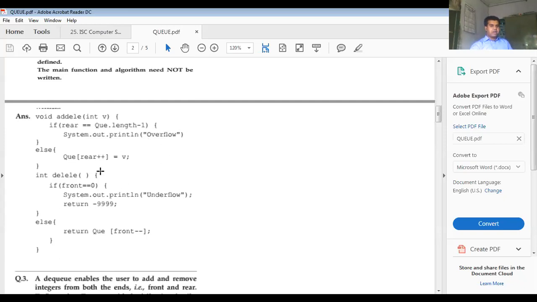Okay. Or else what happened? Just like if you remember, the rear value increases. Why? So that the previous value can be shifted, and one empty space can occur where you can store the new value.